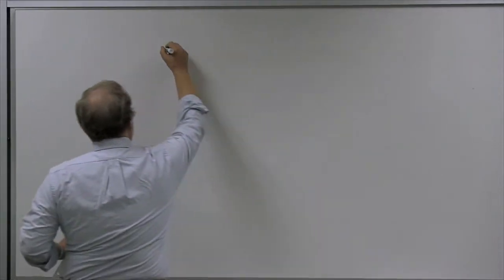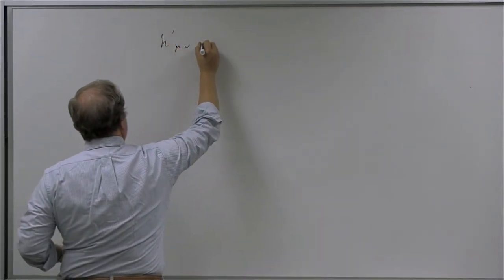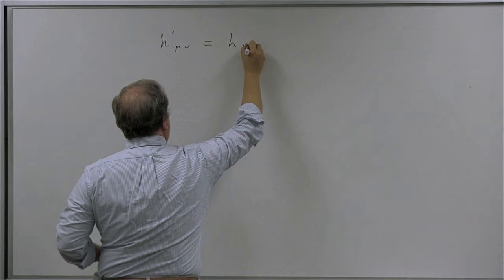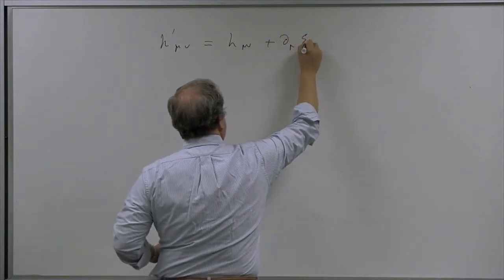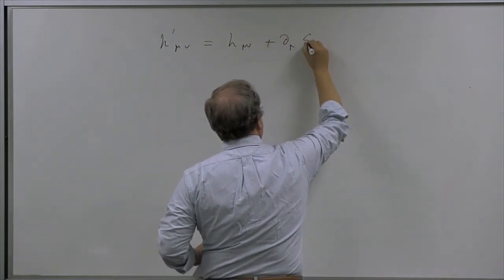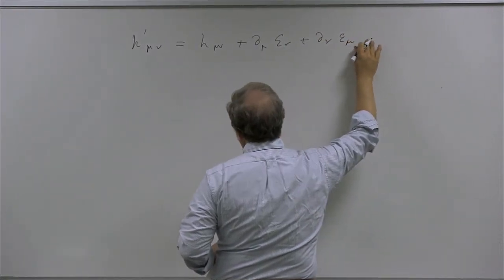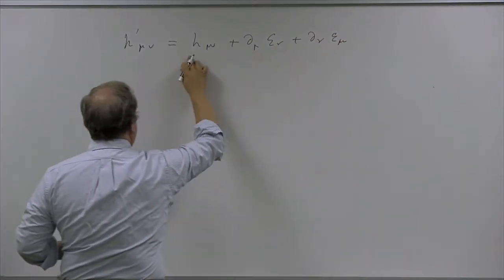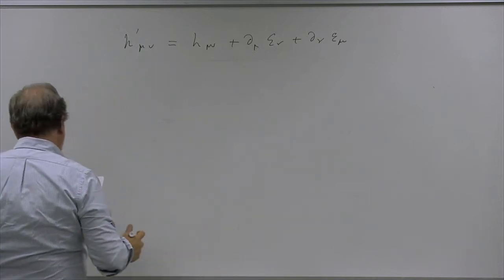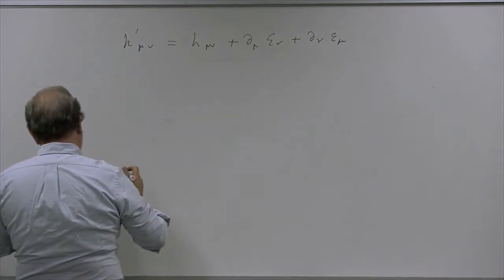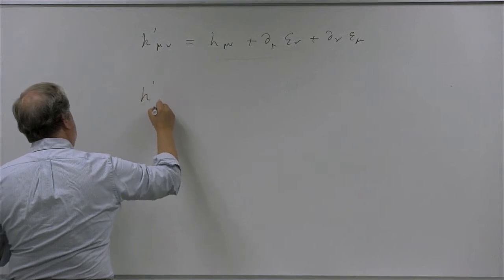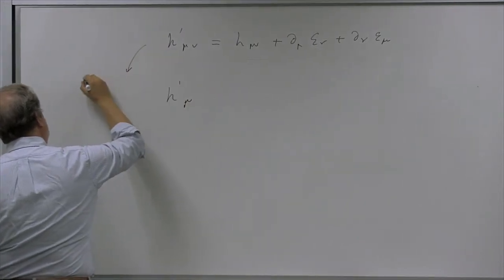So now we look at the transformation law, which is h prime mu nu is equal to h mu nu plus d mu epsilon nu plus d nu epsilon mu, right? And we plug in Fourier transforms for everything. So Fourier transforms for everything gives us, in k-space,